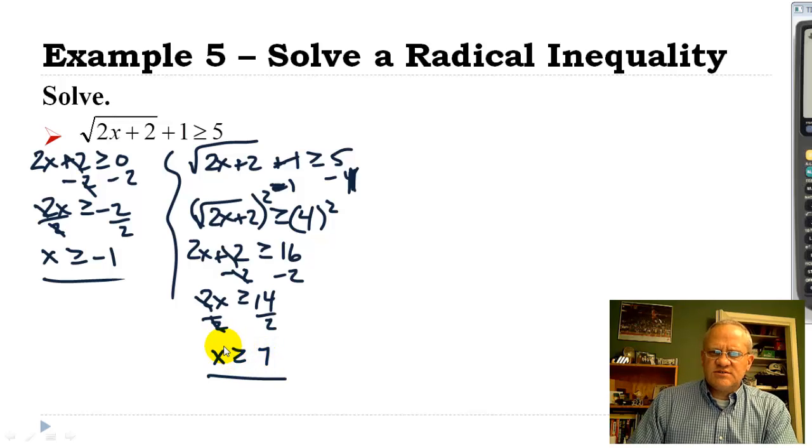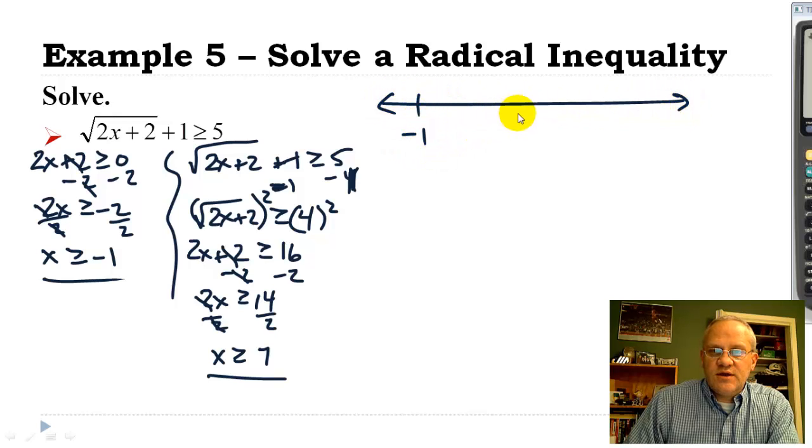Now, this one's slightly different because before it was kind of in between. Well, this is greater than 7, but also greater than negative 1. Thing to kind of, again, remember is you're looking for your answer where both of these are going to be true. So it looks like, to me, and we're going to test it in a second here on our number line,